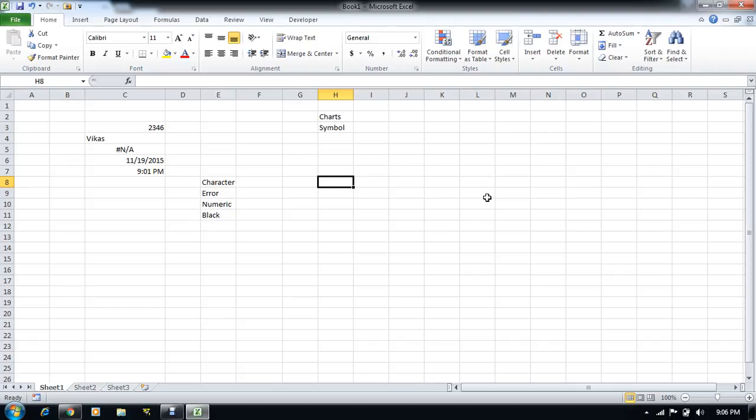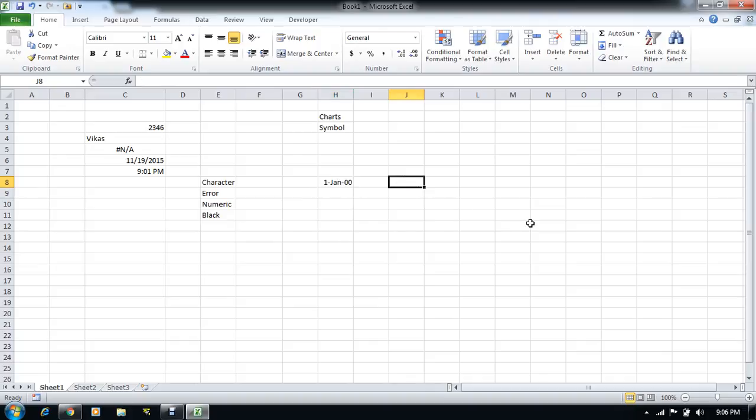Whenever we add some date to an Excel cell, Excel assumes those dates as the count of days from 1st Jan 1900, which means first is the date, Jan is the month, 1900 is the year. You can see here, this is the date value which I have added here.